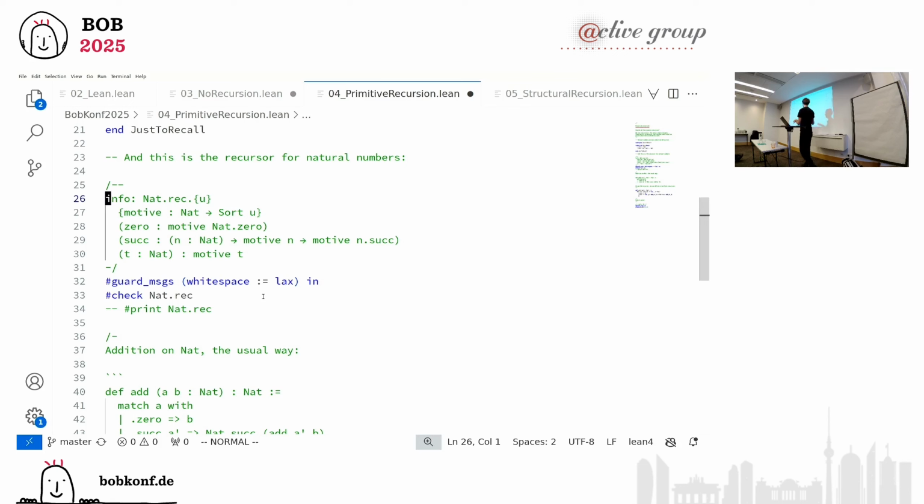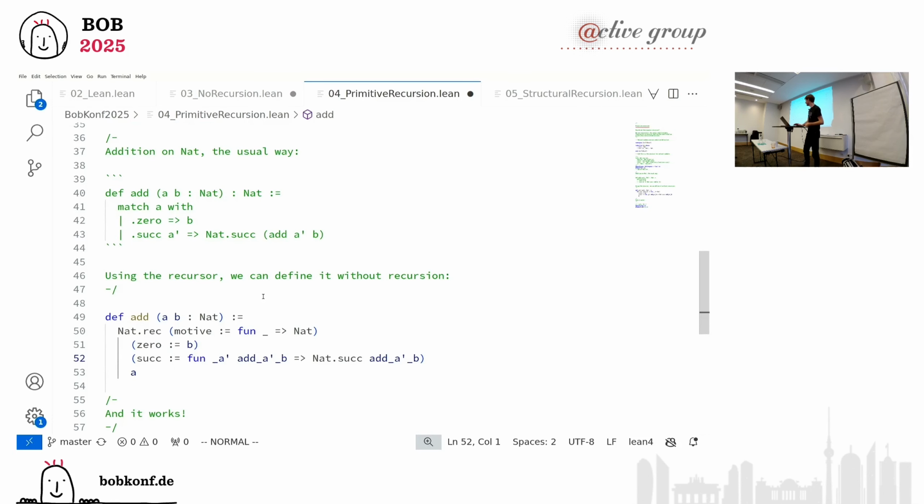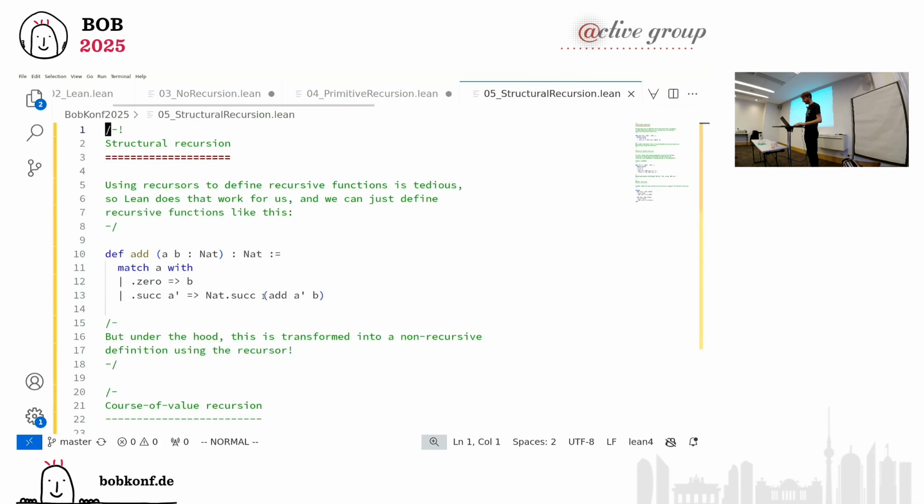Okay. So Lean has no recursion. Lean has recursors, and if we want to be very primitive, we can define our functions using the recursor directly. But of course, this is tedious. We don't want to write this. We want to write something like this. And because Lean is also the bigger system that helps you prepare the stuff you write for the kernel, you can do that. And this is the first class of recursive definitions we want to look at,